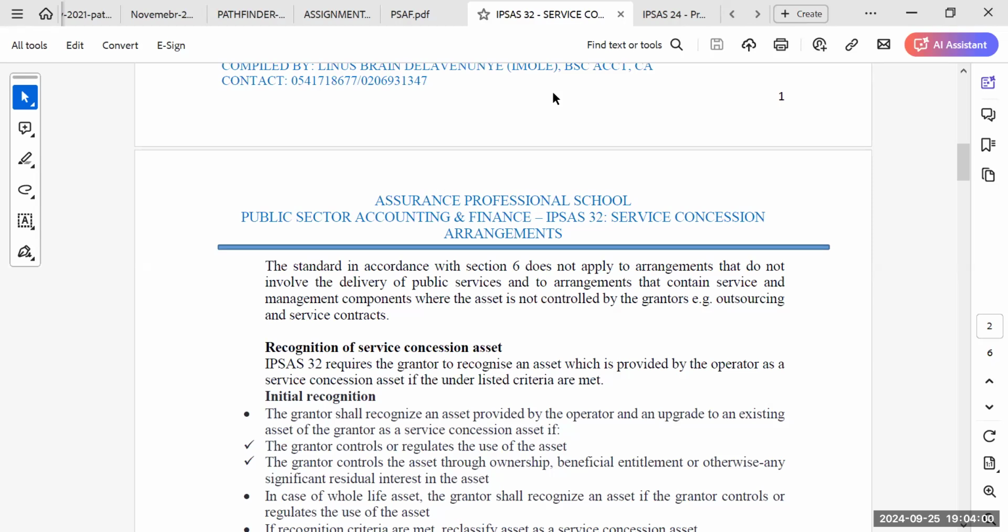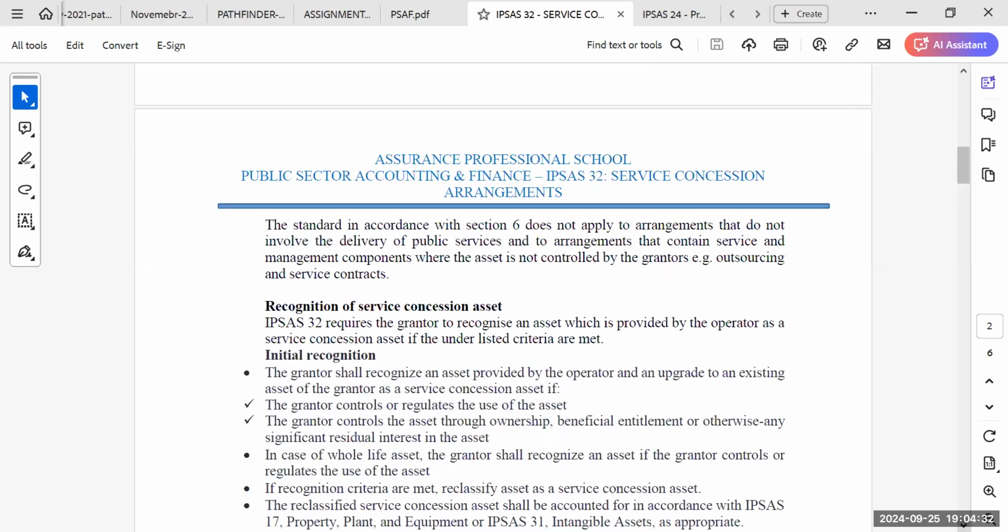They can ask you for the recognition criteria, very simple. The government or the grantor should control or regulate the use of the assets, or if they don't control or regulate the use of the asset, they should be able to control the asset through ownership, beneficiary entitlements, or otherwise any significant one. If we are talking about the B part, which is the recognition criteria, it only refers to those assets that are going to be constructed by the operator, which will be transferred to the government at the end